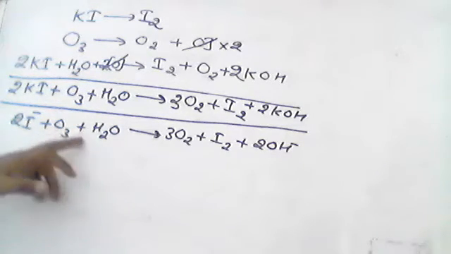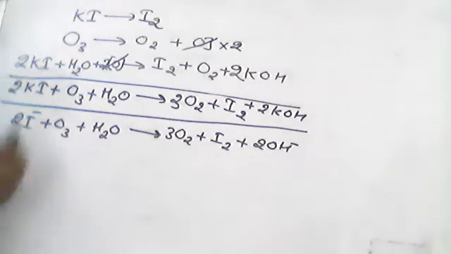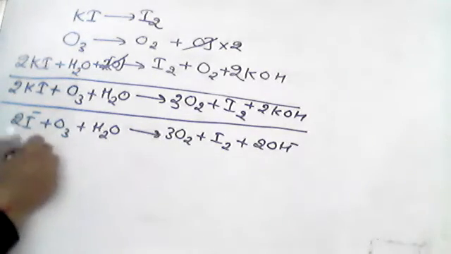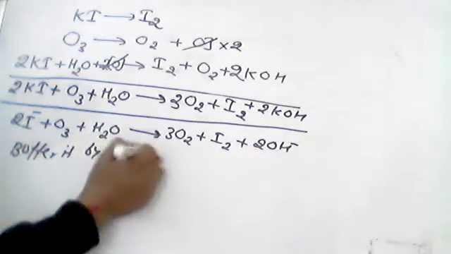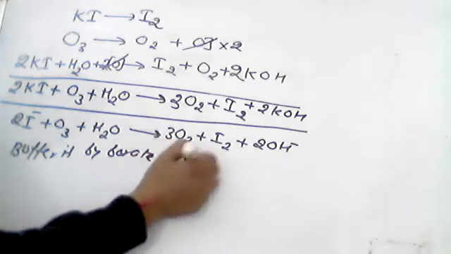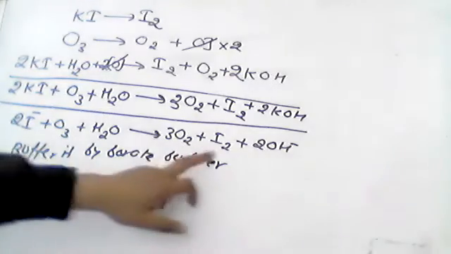Basically this reaction that I have written here, iodine we are going to get, with ozone we are reacting it. When ozone reacts with excess of KI, that is potassium iodide, and the solution we are going to buffer with a borate buffer. Just keep this in mind. We are going to buffer it by borate buffer. I hope you know it, which can resist a slight change in acidic and basic. Buffer pH 9.2. Then iodine is liberated.